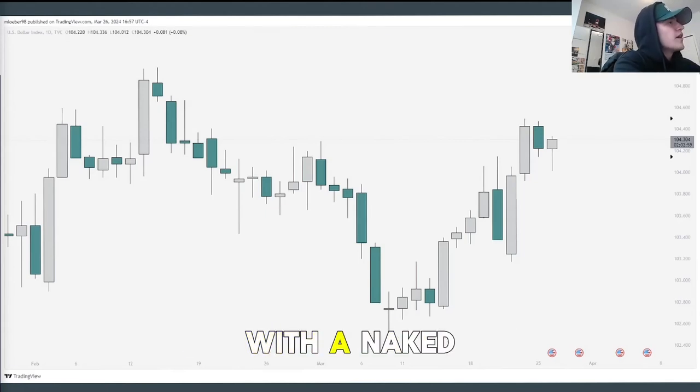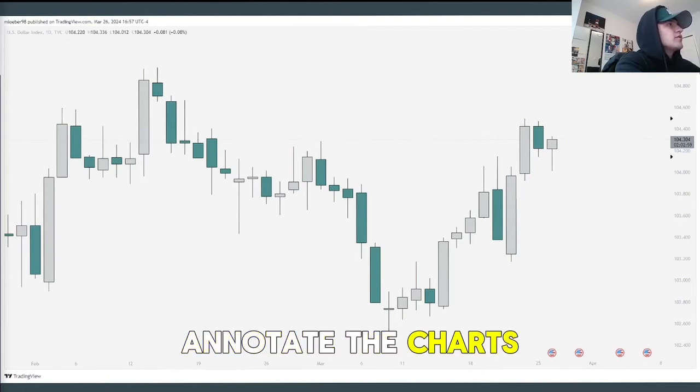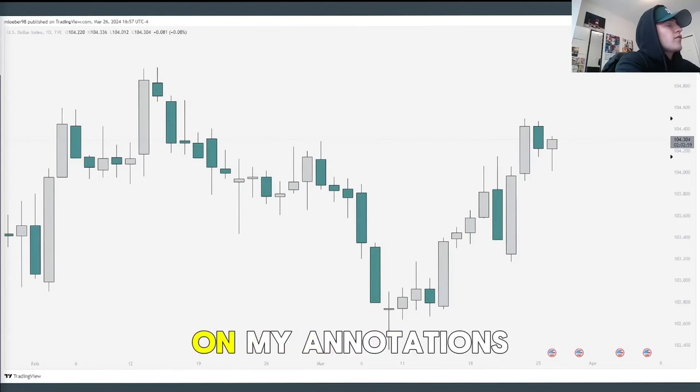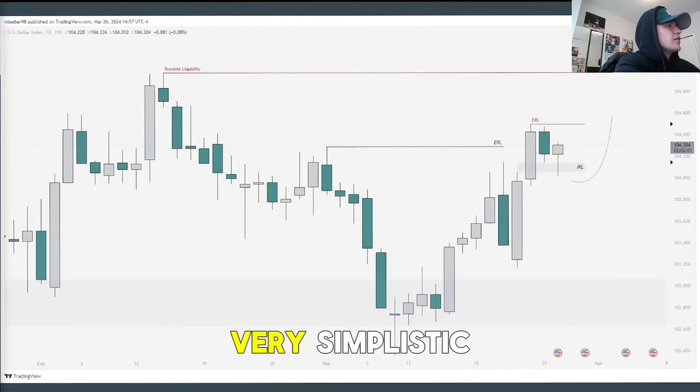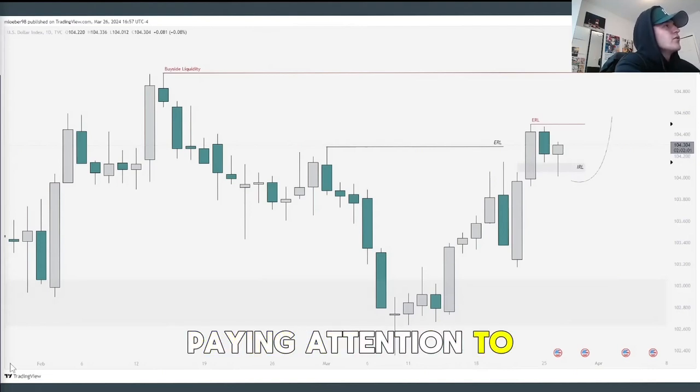We start off with a naked chart, and what we have is the dollar index. This is a daily chart, and I want you guys to annotate the charts and see if what I have on my annotations matches what you have on yours. With my annotations, it's very simplistic, and our POI that we were paying attention to was this